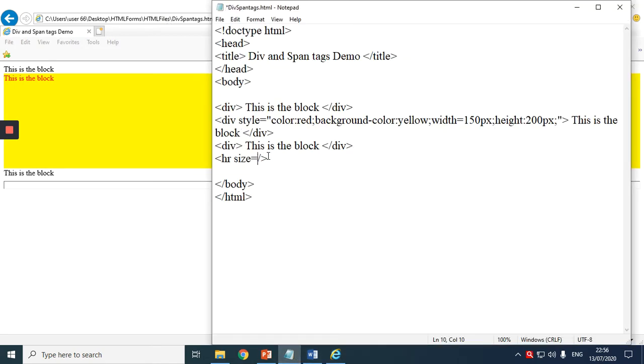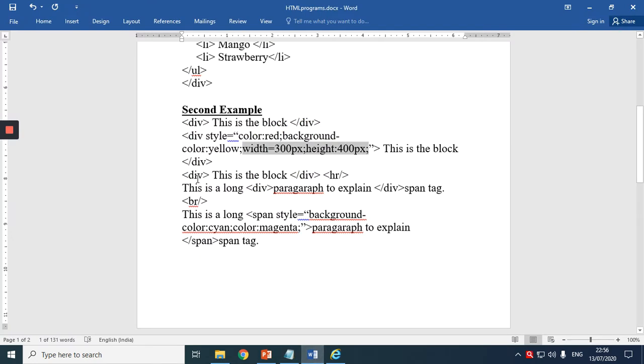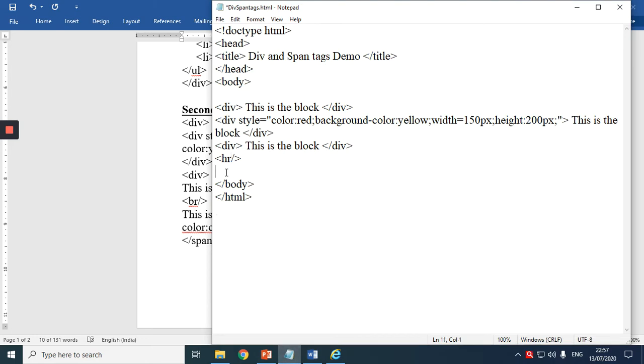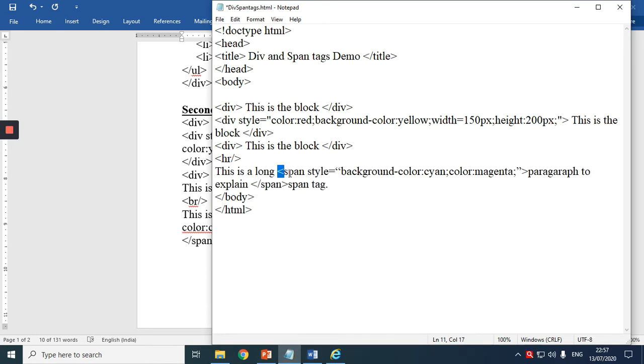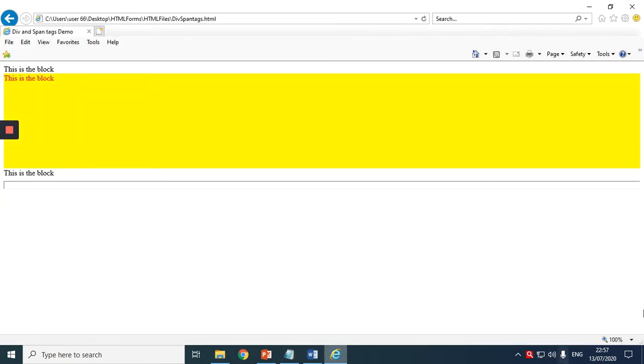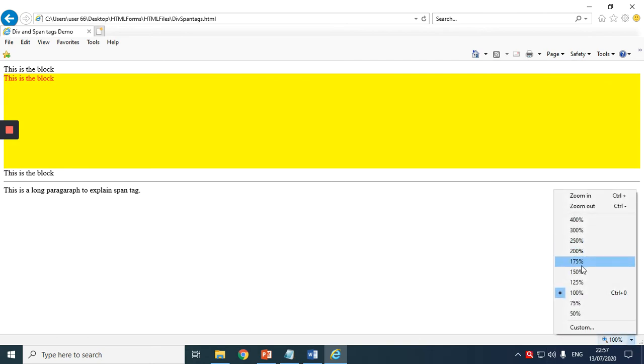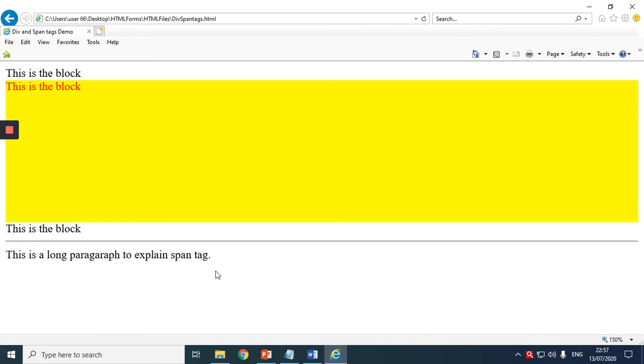I'm not applying all these things. We'll learn what the span tag is. So I will type something here. Instead of typing, I've made things ready. So Control C, I don't want to waste time typing, and I'll remove the span tag. I've written: this is a long paragraph to explain the span tag. Some sentence I have written. Control S and observe the output. The text is displayed as it is. I'll make it bigger. The text is displayed as it is.